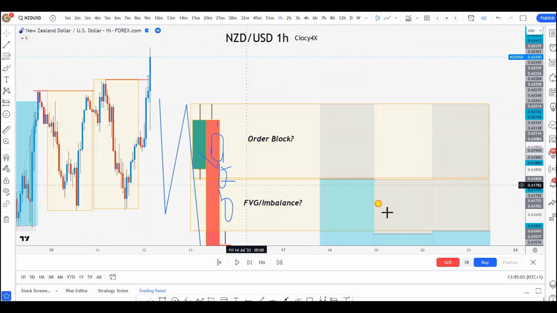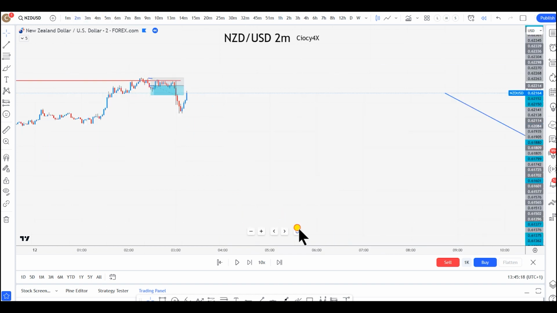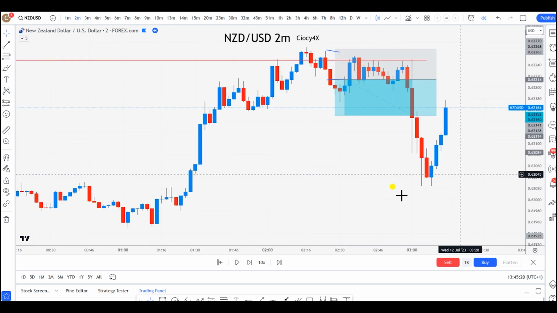All right, let's go back. All right, here you go. You see? It's the same thing as before, right? You might have an entry on the imbalance, you might have an entry on the order block, or you take both of them. But remember that based on the way you're taking it, you're also reducing or increasing your risk to reward. So this is something you have to keep in the back of your mind as well, right? Now, look at this. Let's go back to us.